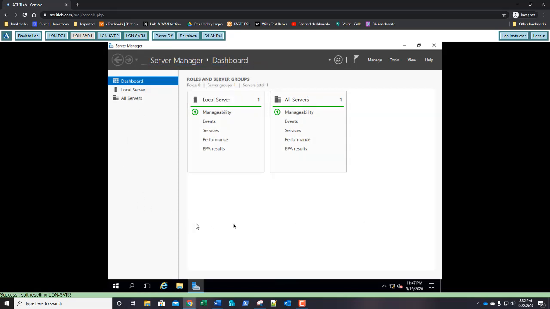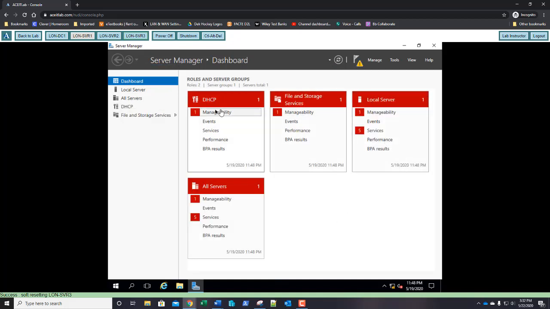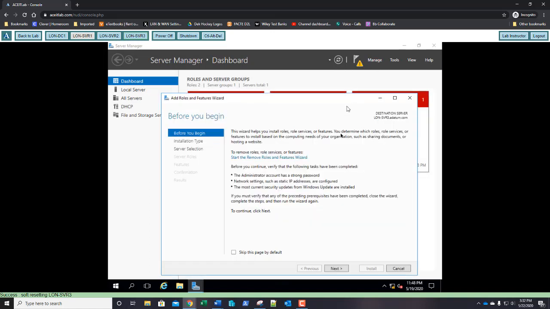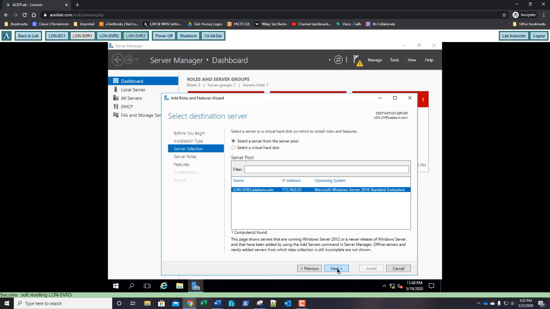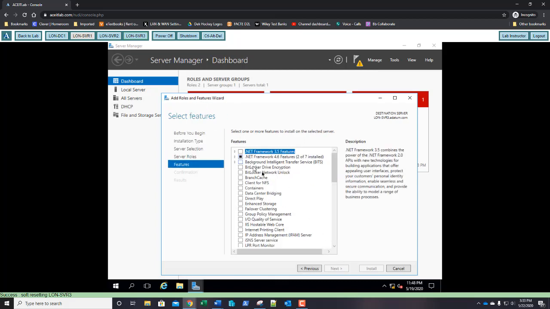Remember, we didn't have any installed roles in this before, did we? But now we're going to see the DHCP there. And there it is. Look at that. Now, let's go to that Manage, Add Roles and Features. Don't worry about those red warnings. Next, next, next, next. Under Features, scroll down till you see